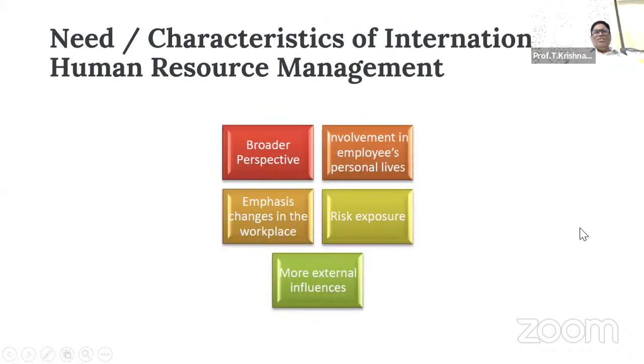Now, what do you think about the HR system? What do you think about the HR department? How much importance are you giving? It all depends on the company, on the different countries where it is located. A company might be having locations in different countries. Each country, how much emphasis or importance it gives, I think these things will be assigned to the HR department. I think it's time for me to stop.